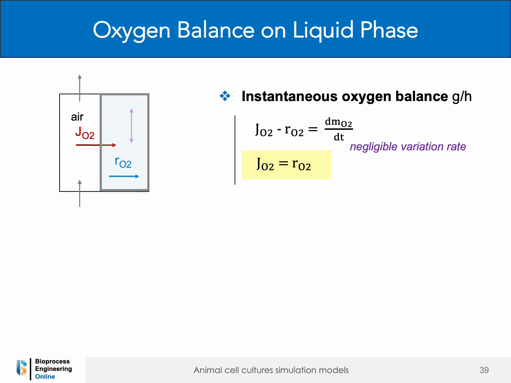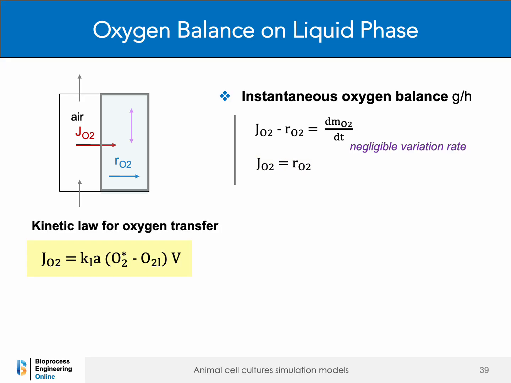This means that, throughout the culture, a quasi-steady state is established in the liquid medium. The oxygen transfer rate, JO2, matches the cellular oxygen consumption rate, RO2. The oxygen transfer rate, JO2, is expressed by its kinetic law. JO2 equals KLA (O2* minus O2L) V, where O2* is the oxygen saturation concentration and O2L is the